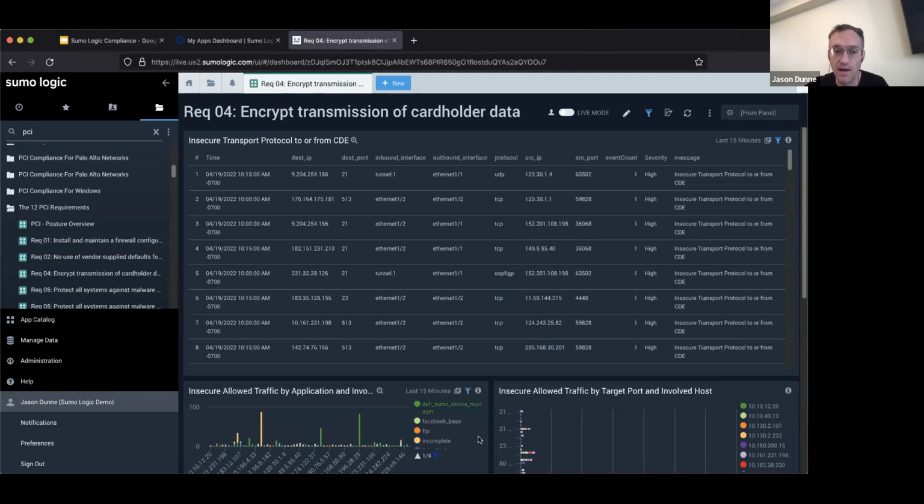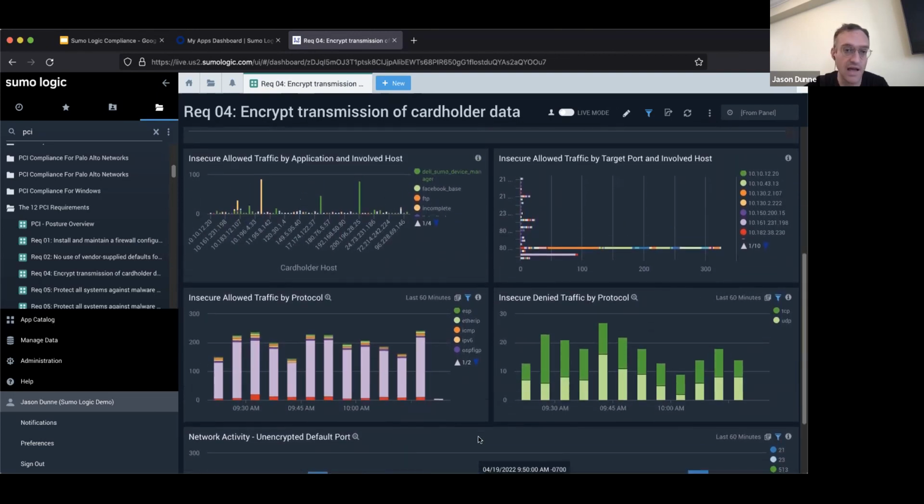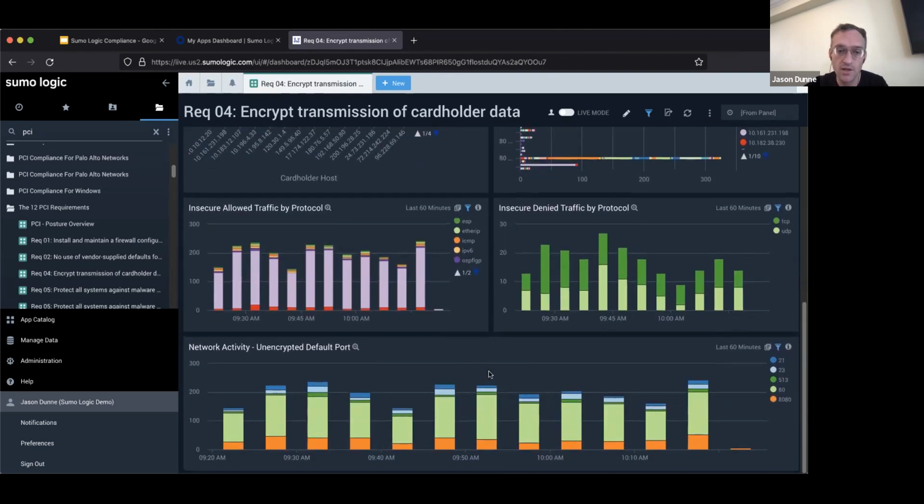And how do you actually track where the insecure allowed traffic is, again, broken down by protocol, insecure allowed traffic broken down by target port. The unencrypted ports probably would be the most interesting panel of all for understanding encrypted transmission of cardholder data, because here we can say, okay, based on the fact that we see port 80, and in line with the fact